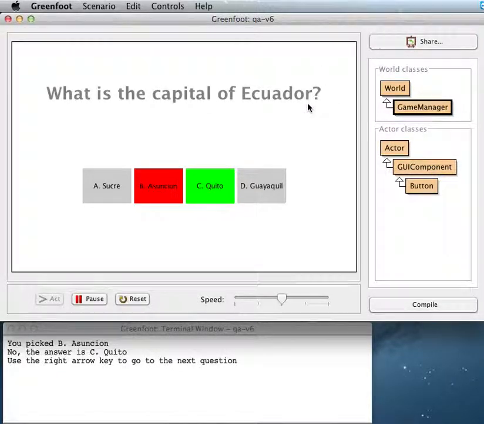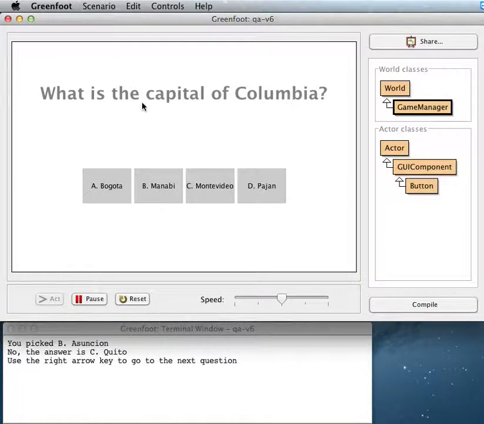And if I click the right arrow key, I go to the next question. It says, what is the capital of Colombia? That's Bogota. You are correct. Okay, so